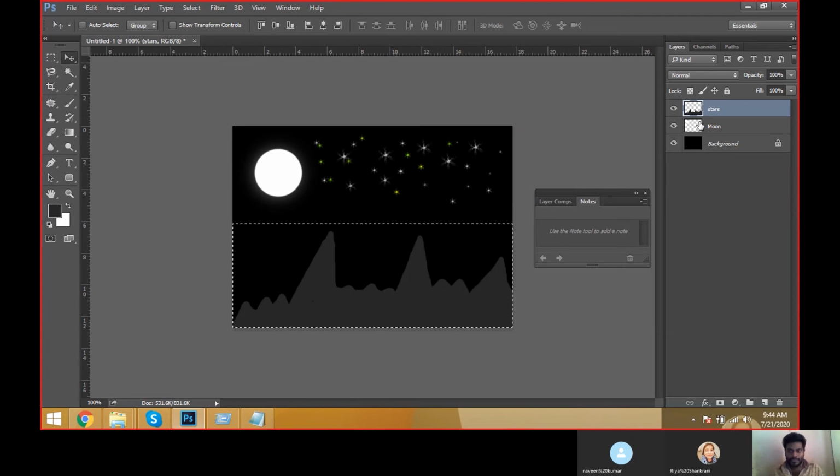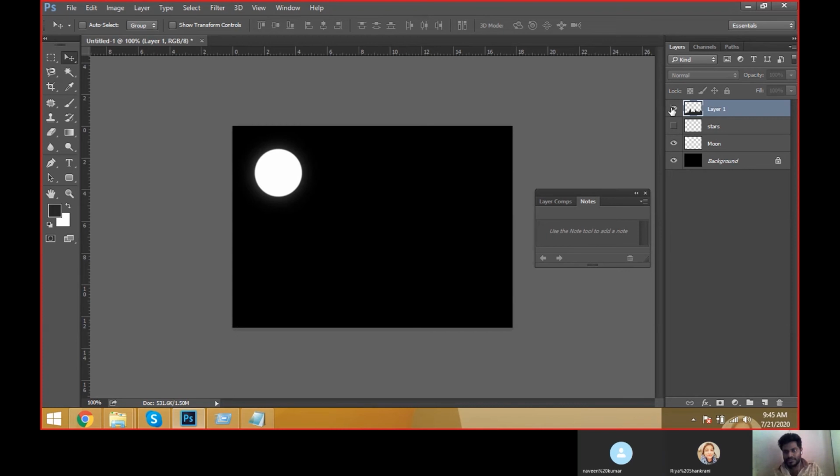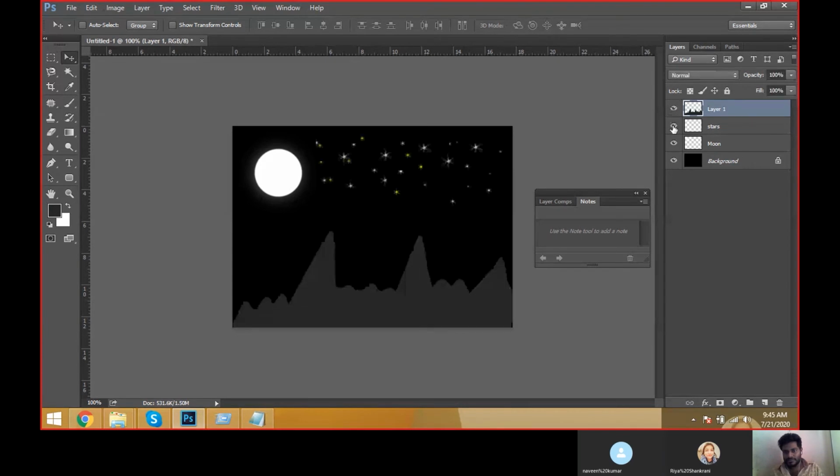See here in the layers palette. The stars are different and the hills are different. If in case you do anything overlapping, meaning two objects are overlapping in one layer, then you have to use this Control Shift J to split into two layers.